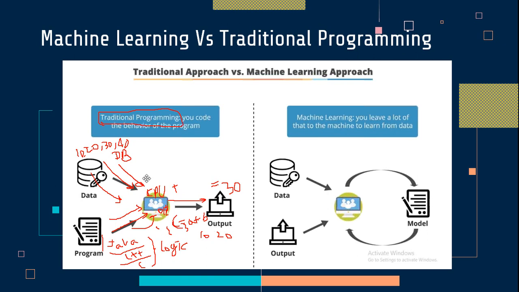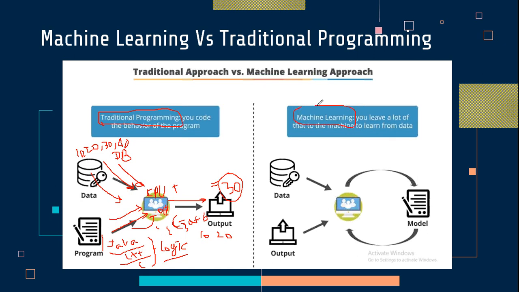That's why whenever this program is executed, it takes the data from the database, two numbers that may be 10, 20 or 30, 20, 30, makes the addition, and displays the output. So this is a simple traditional program where you first write down the logic and then execute that program using the CPU, and it takes data from the database and displays the result. So this is traditional programming, but how can we use machine learning?